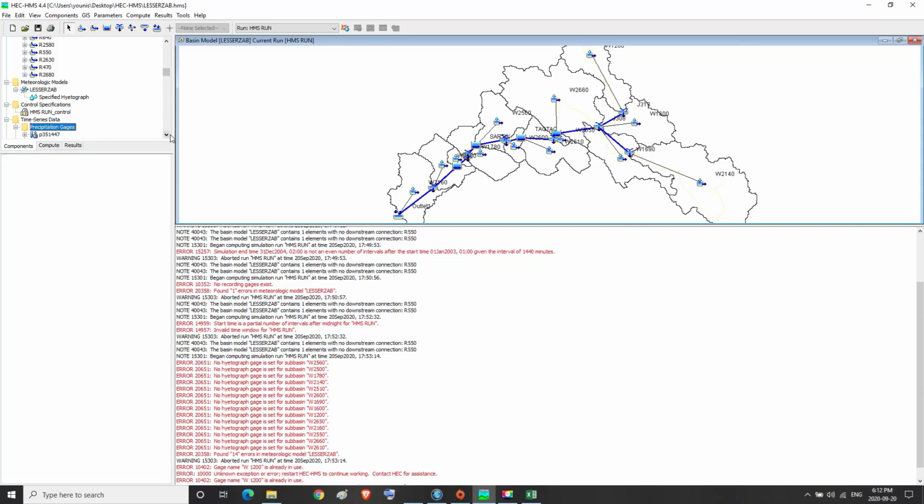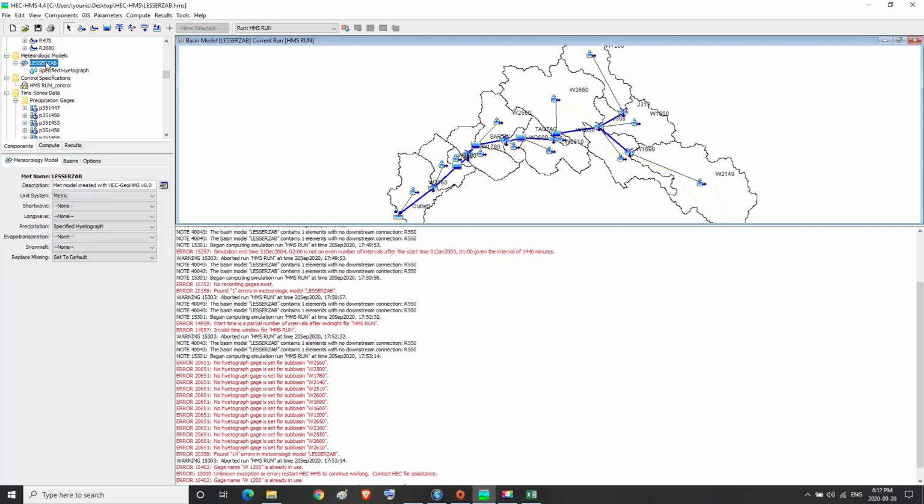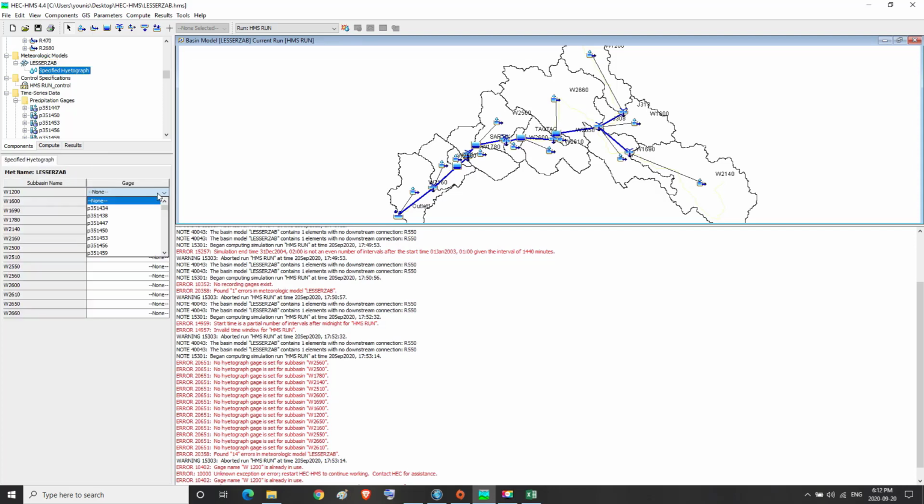Then we go to the meteorologic models, then laser zap, then we press on the specified hydrograph, and in it we select the appropriate gauge or station for each subbasin as we see.